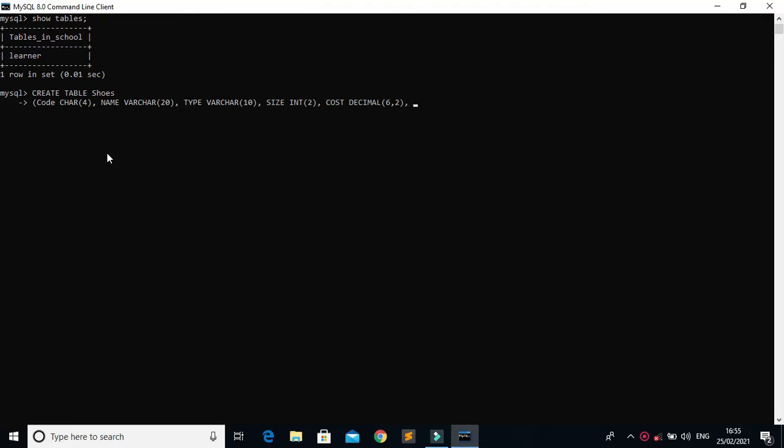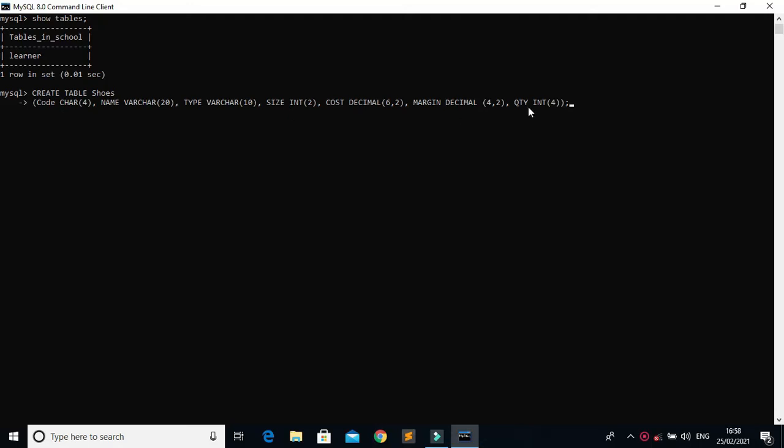Then comma, and the next is margin and the data type for this will be decimal 4,2, and the last field is quantity. The data type will be integer with size 4. Close the parenthesis and then semicolon. With this statement we can create a table named shoes with different columns like code, name, type, size, cost, margin and quantity.